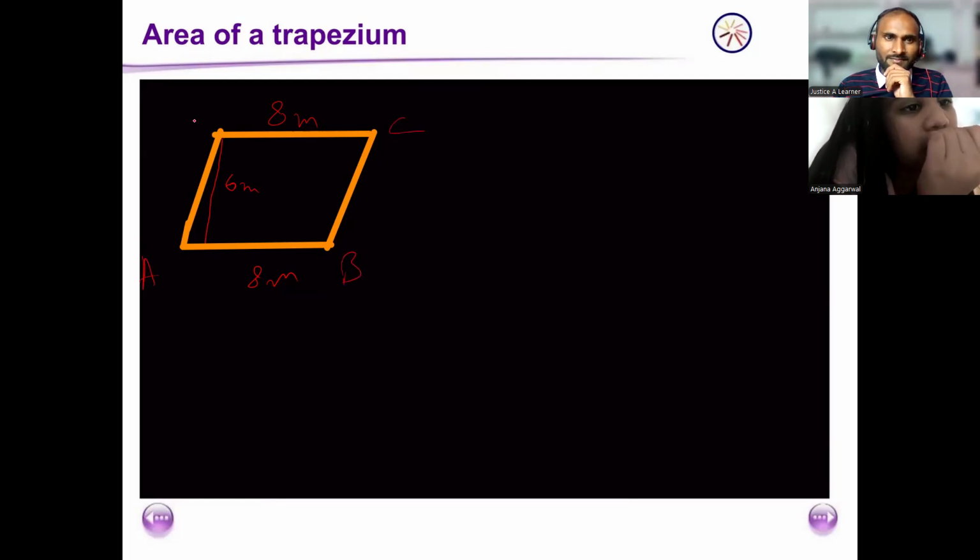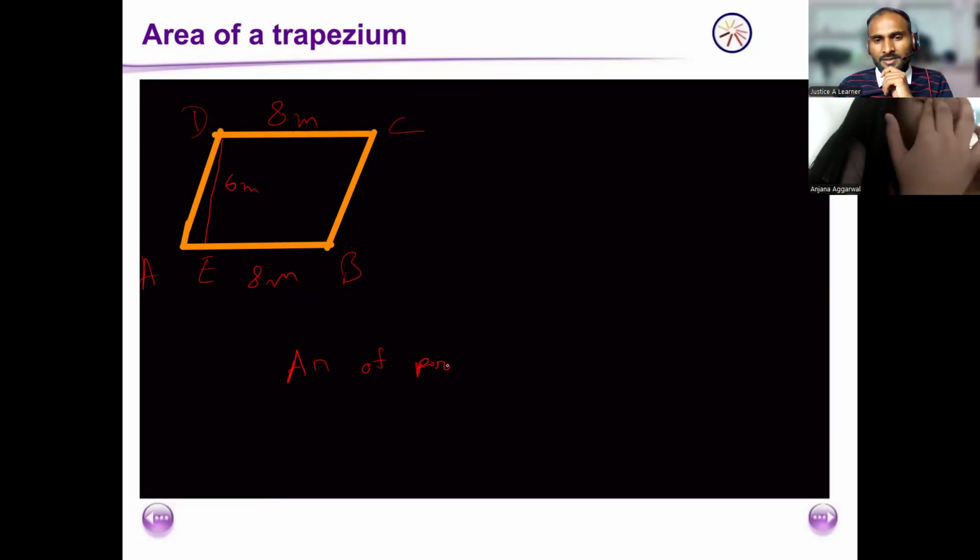How did you find it? Is it correct? The formula for the area of a parallelogram is base into height. And I know base is 8, and I know height is 6. So just find them. Great. Lovely. And it would be in what? Meter